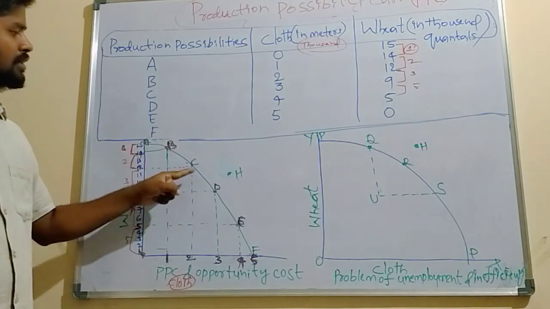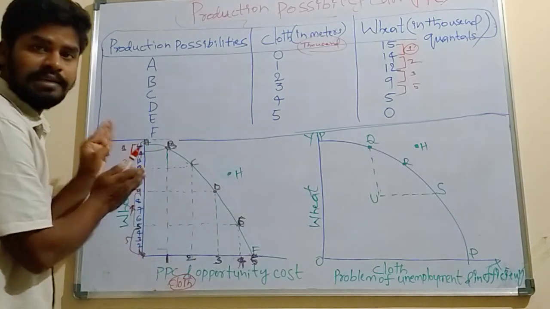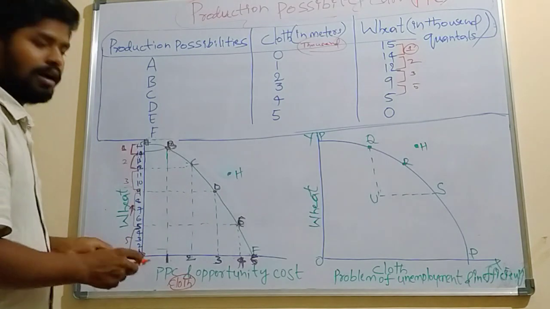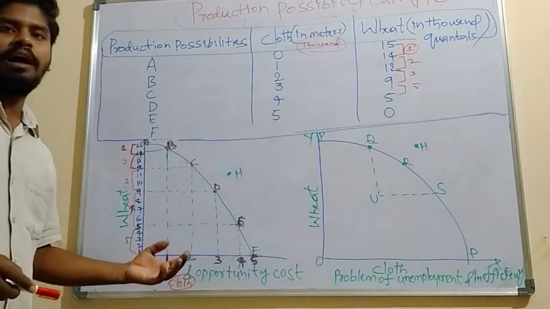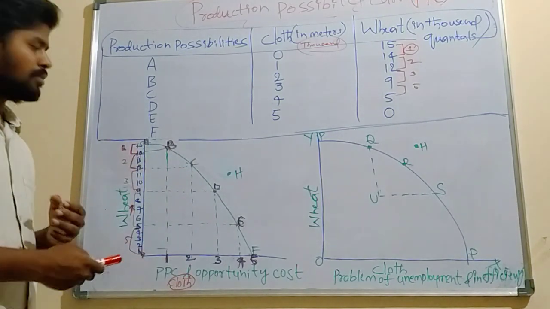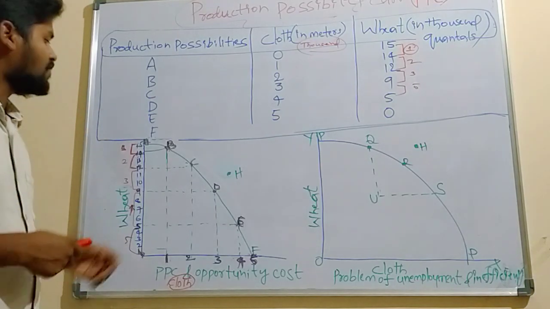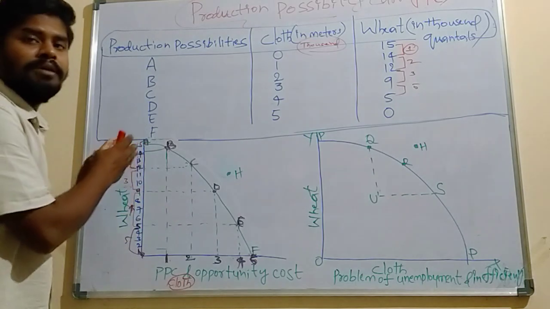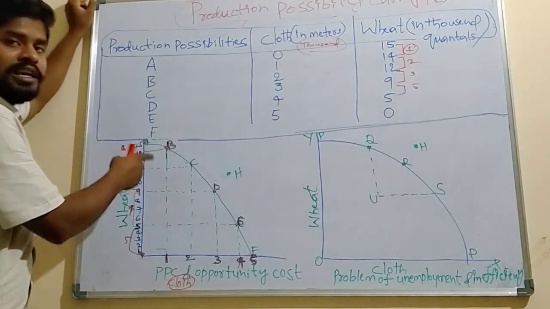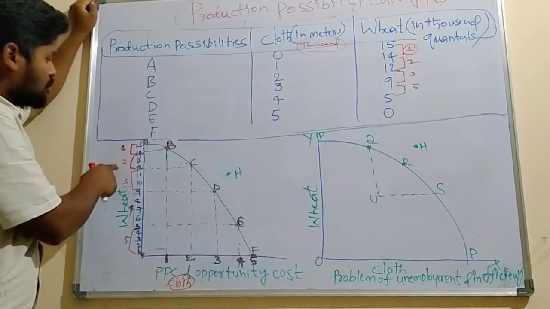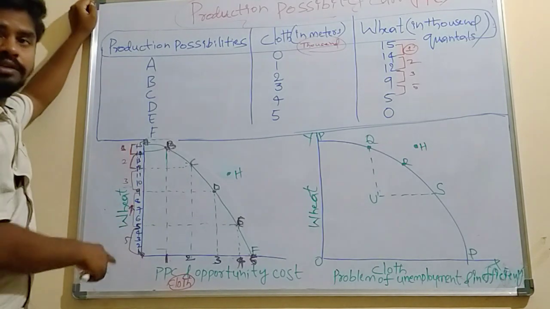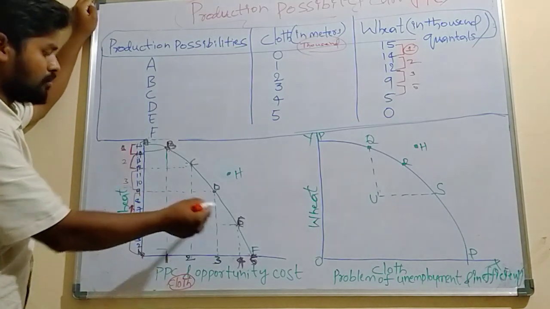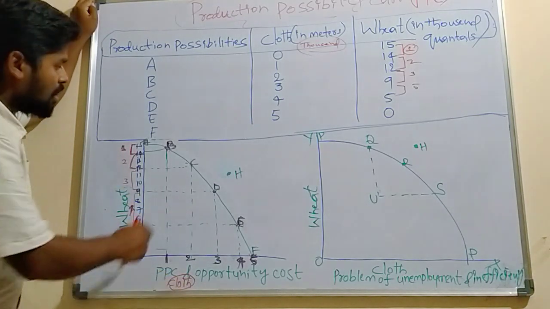Okay, this is whatever the sacrifice, in terms of 1,000 which are given from A to B, B to C, C to D, the moment which is increasing. Okay, the opportunity cost is increasing in order to sacrifice producing another good, to use that to produce the other good. To produce in an efficient manner, to use the resources in an optimum manner, we are using the opportunity cost, sacrificing 1,000 and 2,000, 3,000, 4,000, 5,000 thousands of quintals of wheat to produce the cloth. That's what opportunity cost is.